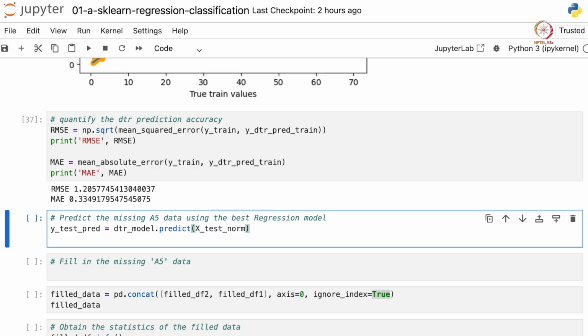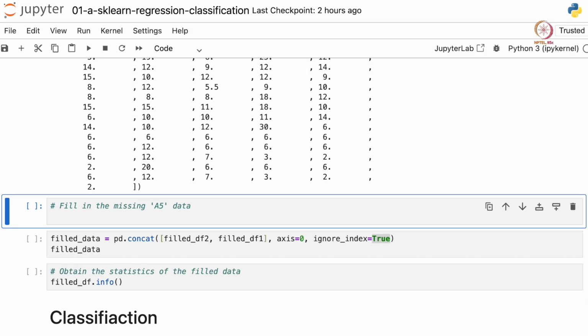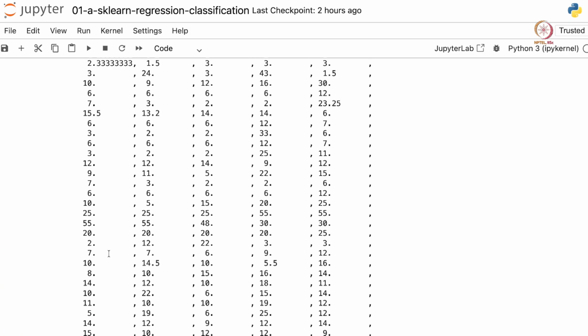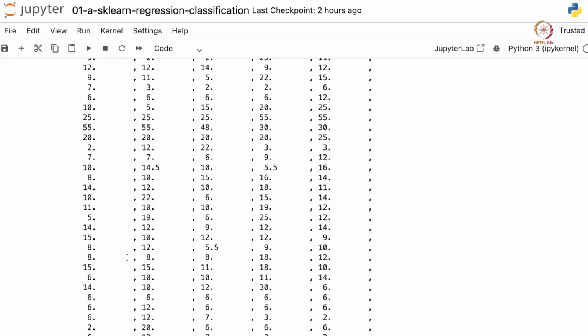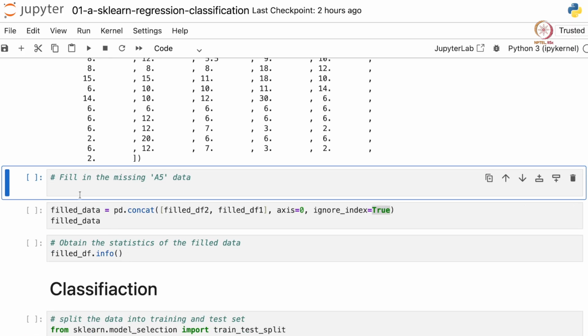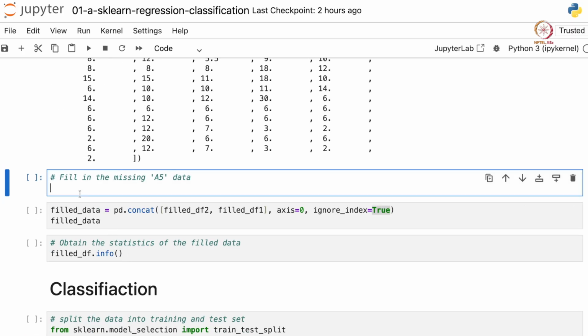Because it has been trained on normalized features, we have to provide the normalized features for testing as well. And let's see how y test pred looks. So these are the predicted values by our better model, the decision tree model, for all the missing values of A5.